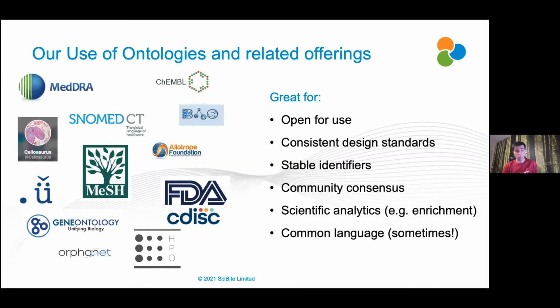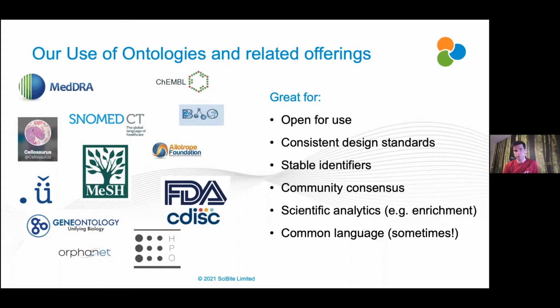We use quite a few OBO ontologies in what we do, in turning them into vocabularies. So they provide a lot of use for us, so they're incredibly valuable. Things like Uberon, the Gene Ontology, which of course Jane worked on for years as well, so knows very well. Even sometimes things like EFO, Orphanet ontology, which I also worked on. And then there's other things like MeSH and SNOMED and MedDRA and Thesaurus, things that are really outside of the OBO Foundry's domain, but are still very commonly used, sometimes more so in some industry parts than others.